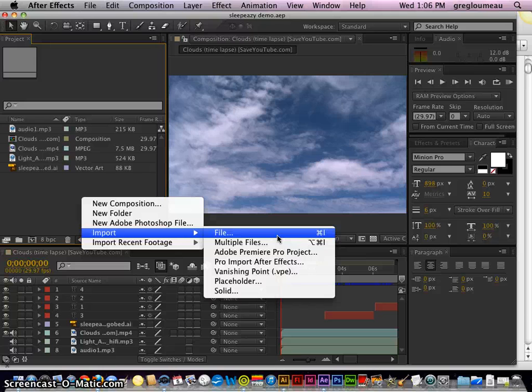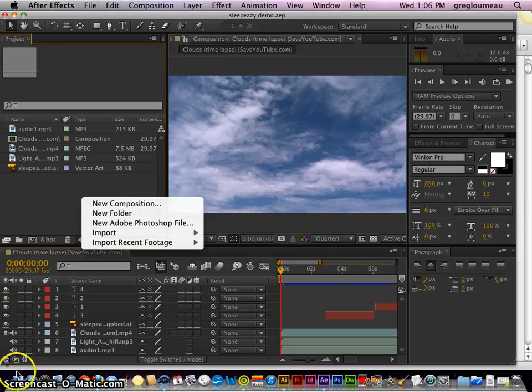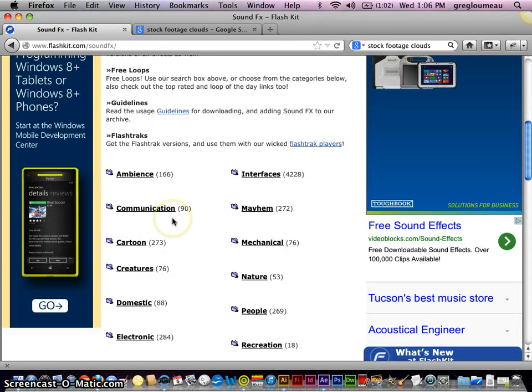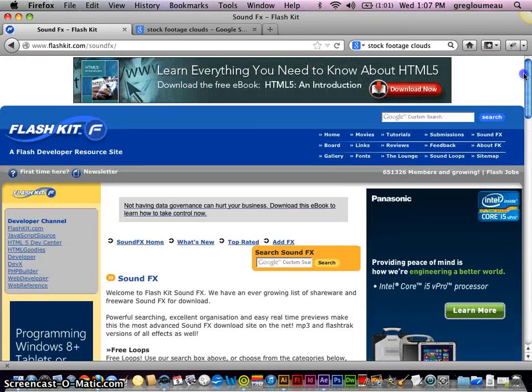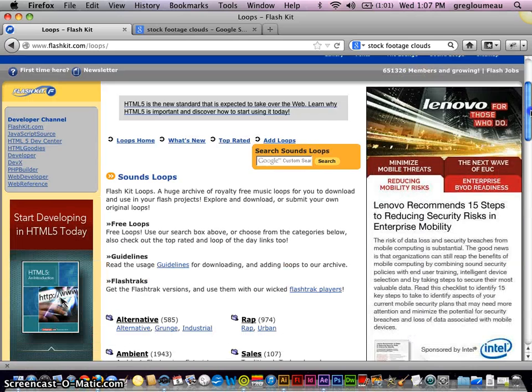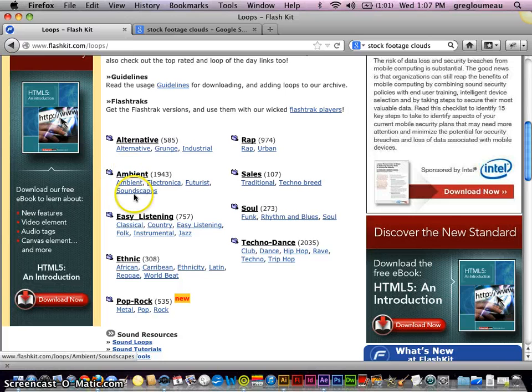And then I decided, well, I really need some audio with this. So I went out to one of my favorite sites where I can get free audio, a website called FlashKit. FlashKit has a bunch of free Flash files, but they also have free audio files. And the key thing here is that you're using stuff that is copyright free, royalty free, and okay for you to use, as opposed to copyrighted material. So I went into FlashKit and clicked over here on sound loops, and they have sound effects and sound loops. And then I went down here and clicked on ambient soundscapes,